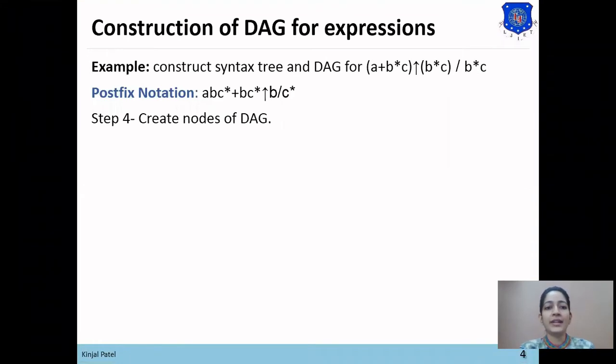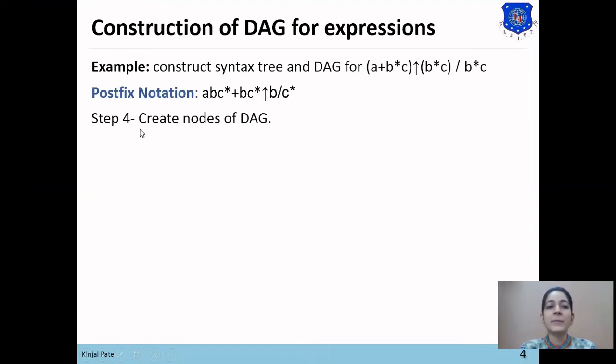Now we want to create nodes of DAG from the given expression. For that we need to convert the expression into postfix notation. Here is the postfix notation for the given expression: A B C star plus B C star power B division C star. The difference between syntax tree and DAG is that in DAG common sub expressions are identified.